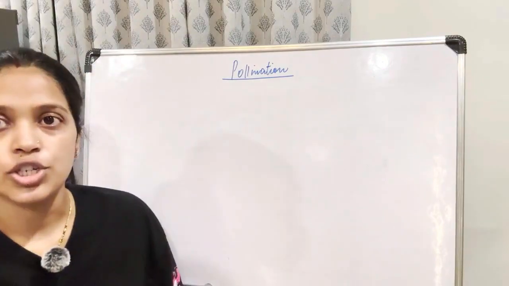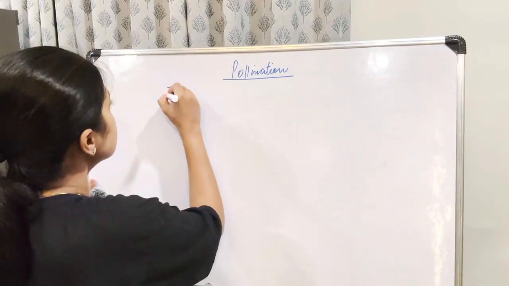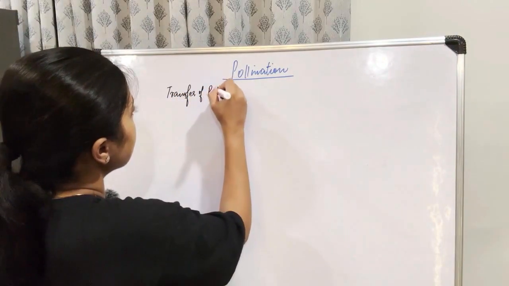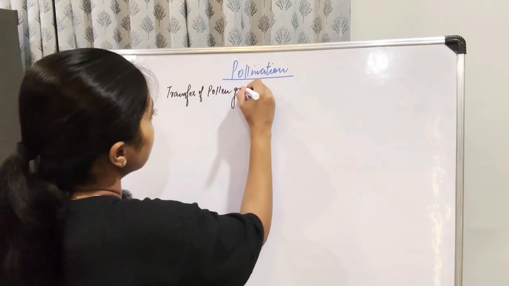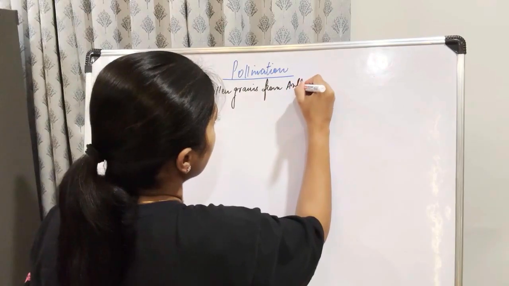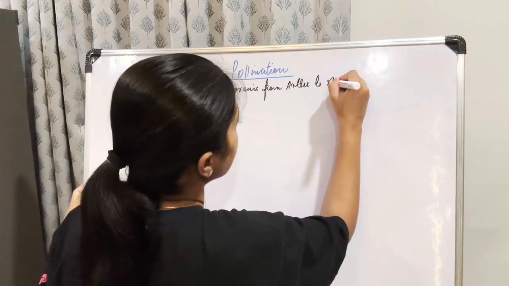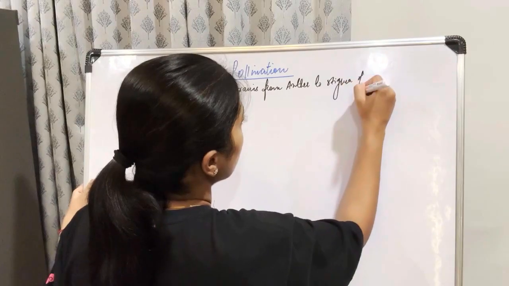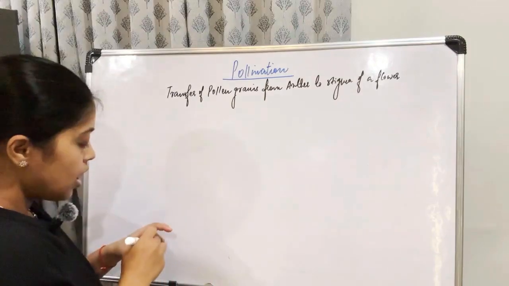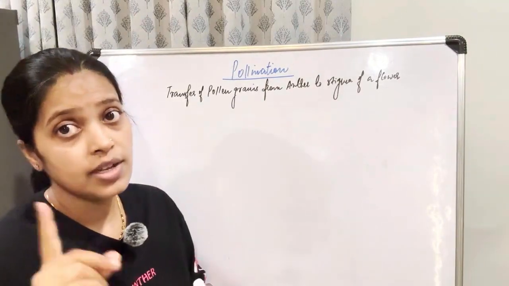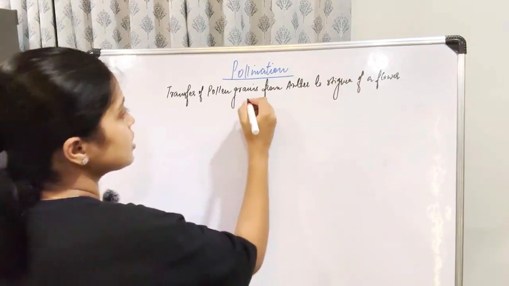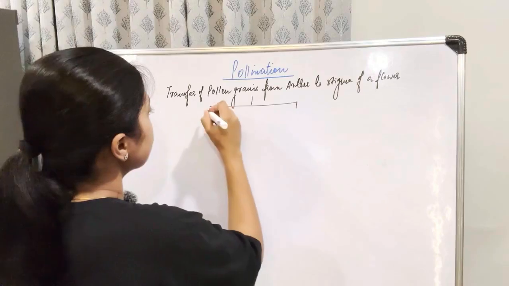So what is pollination? Pollination is the transfer of pollen grains from anther to stigma of a flower. Okay, this is pollination. Now pollination is different from fertilization. It occurs before fertilization. Pollination is of two types: